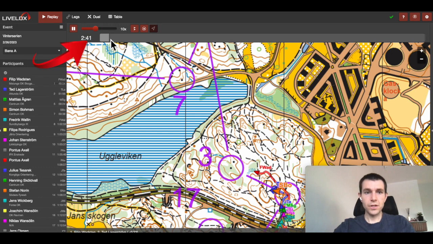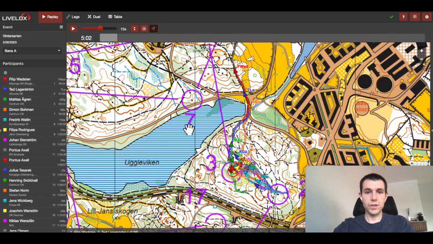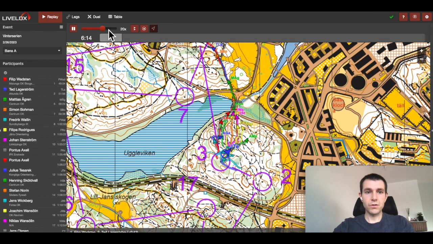On the top of the screen, we have two bars which are quite useful and important. We have this slide bar which will change the speed of the replay mode. So now we can see that the arrows are moving slightly faster, and we can increase it to even faster speed. We can of course also pause, and on the bottom we have this gray slider that is a time slider. Thanks to the time slider, we can go forward or come back,